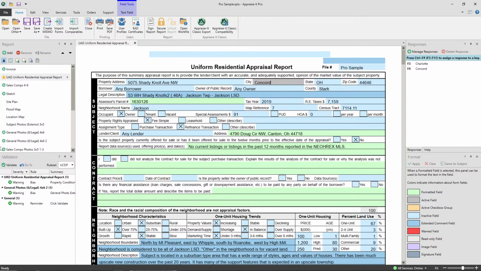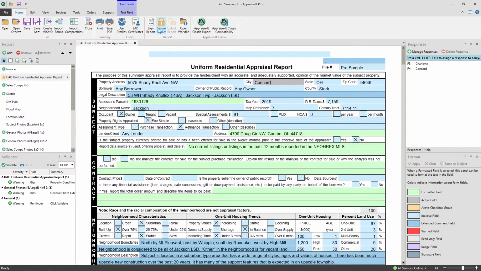So in Appraise-It Classic, for those of you who are using Classic, when you would sign the report, that would lock the report for editing, and you had to have a password to unlock it. That's great. It worked really well, but it was not truly secure. There was no encryption involved, and there were ways around it if you knew what you were doing. So we wanted to add true report security into Appraise-It Pro with military-grade encryption, and that's where we come to